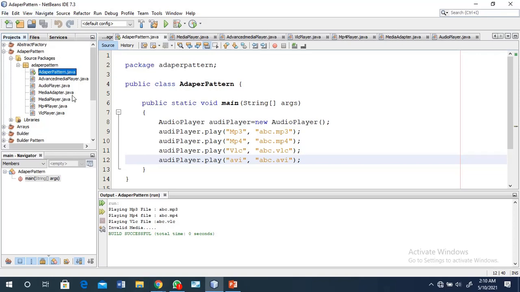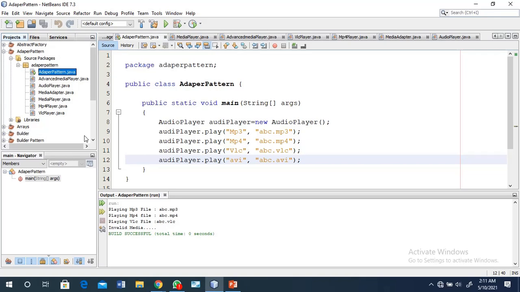So the adapter pattern is very easy. There is one media, the audio player is available, but what is the problem with that audio player? The audio player can play only MP3 files, but we require an advanced media player. The advanced media player can play VLC as well as MP4 files, but we required a combination. You already have two incompatible interfaces.